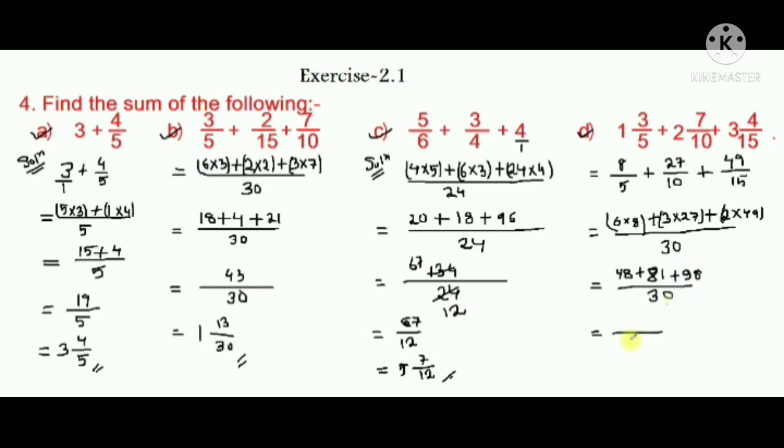Okay, now we'll add all the numerators, and then you will get one number, right? So there is 8, there is 1, 8 plus 1, 9, 9 plus 8, 17. Okay, and 17 plus 4, 21, 21 plus 1, 22. Okay, so there is 227. So afterward you will convert it into a mixed number. Okay,